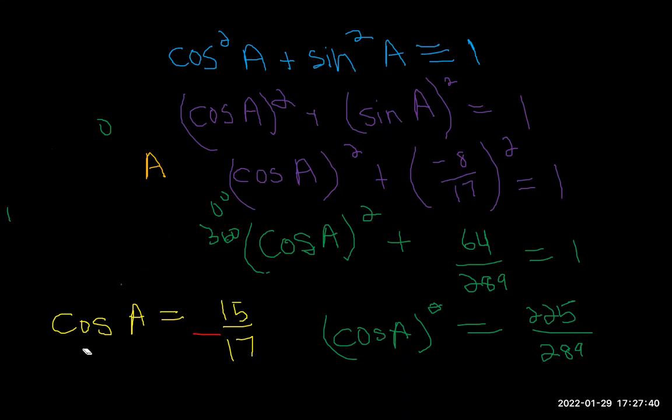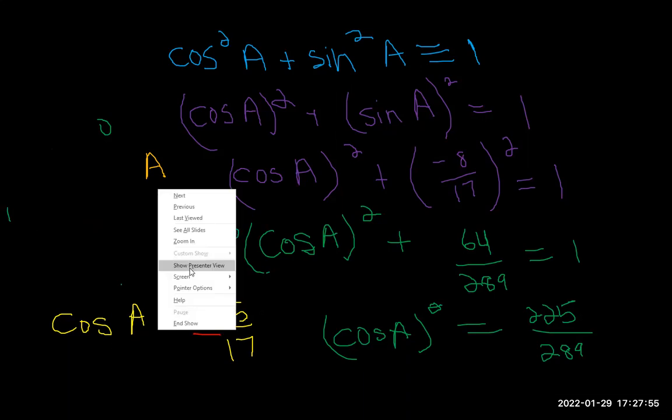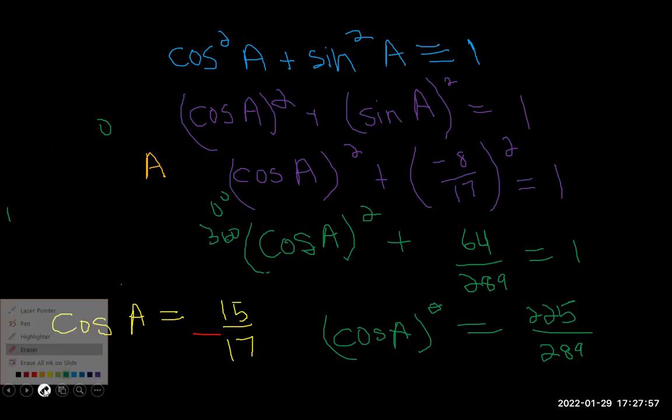So we have our value for cosine A. It's minus 15 on 17, not plus, minus. Anyway, right. So we have cosine of A, but I also told you we need to find the value